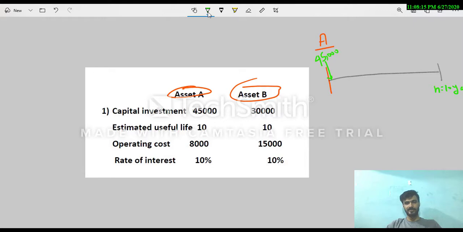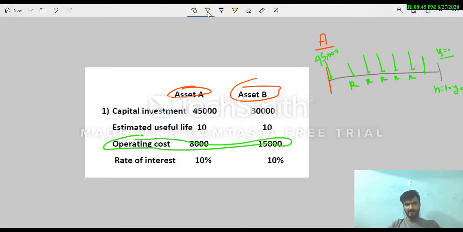Now I have already told you in the theory part, there will be a uniform cash flow R for every year, and I have taken Vs equal to 0 in this particular case. Now understand one thing, what is happening here. There is no additional charge, and the salvage value is 0. And here I have written the operating cost. This is an operating cost, and my dear student, it will be on a per year basis.